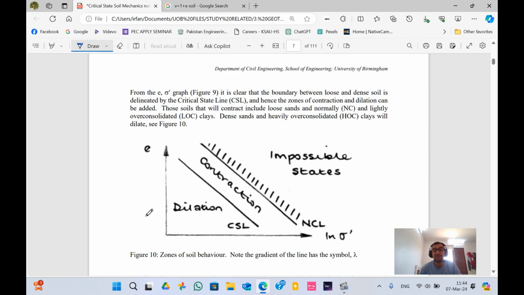The soils whose size is being reduced will contract. The soils that will contract include loose soils and normally consolidated, or NC, soils. NC basically